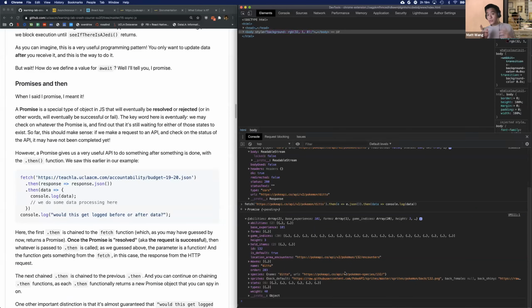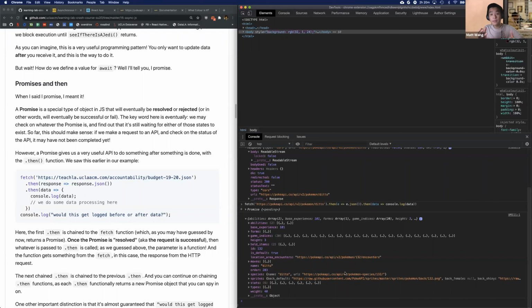Okay, so that was our very first case of using promises. And if this was very rushed and you're like, man, that was really fast, it's totally okay. I'm going to go over a few more examples and how we can use this with React. But I want to really highlight two important things that we've just learned. So the first